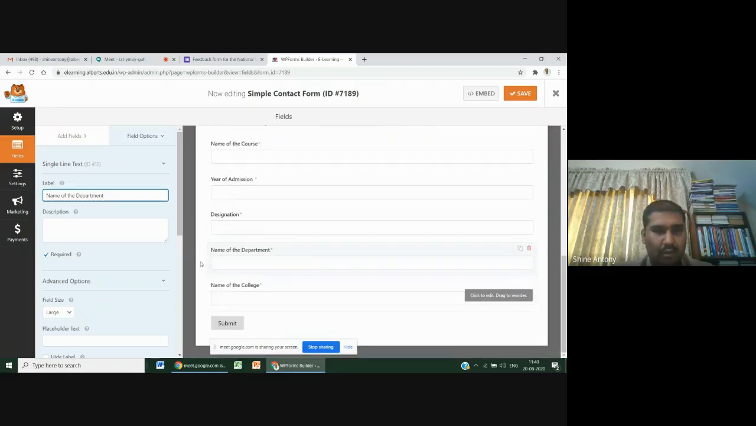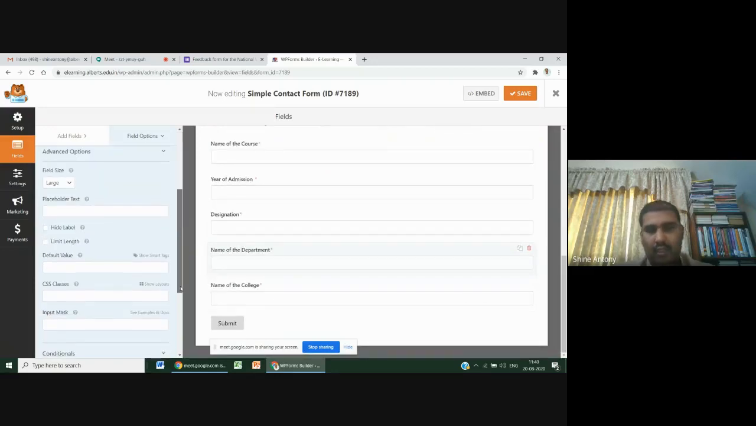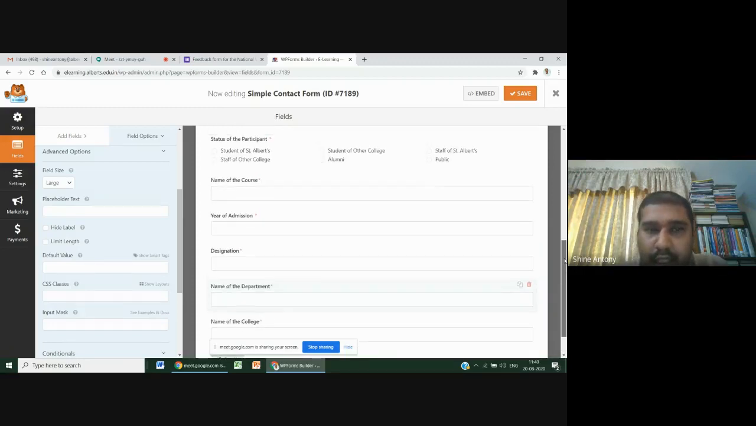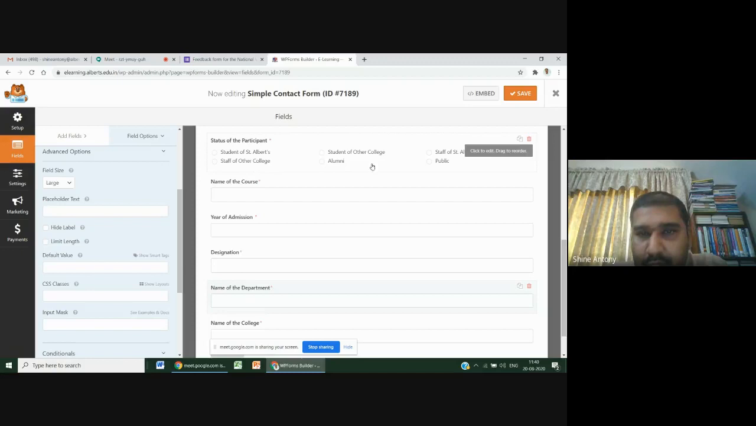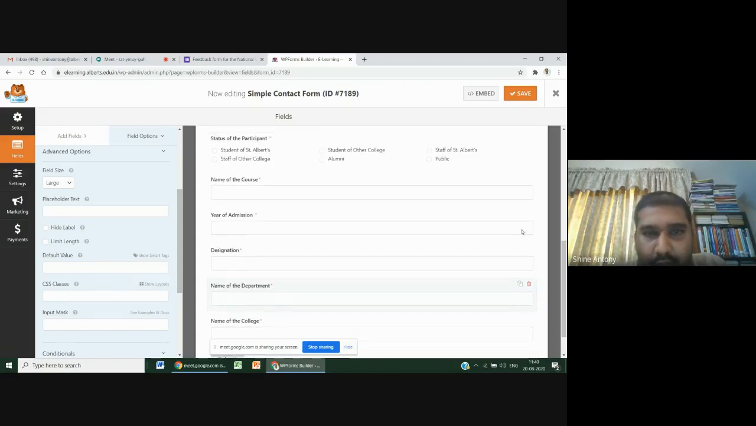Name of the college. Okay. Now the last one. So now I have completed the details for the student of St. Albert's, student of other colleges, staff of Albert's, staff of other college. And even for the alumni, we took the name of the course, year of admission, and name of the college. Alumni is enough. And for the public,